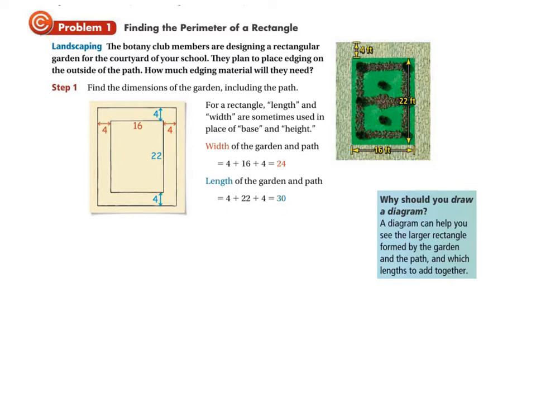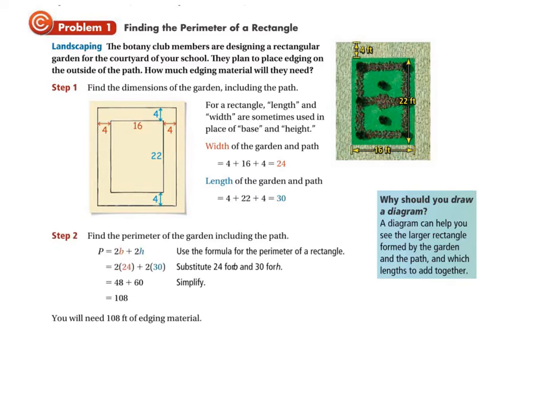So now we've got this larger rectangle that is a 24 by 30 rectangle. Okay, so what are we going to do to find the perimeter of that? Well, we always do, right, twice the base plus twice the height, because we have that base twice and that height twice. Okay, and we plug in those numbers and we find out that we need 108 feet of edging